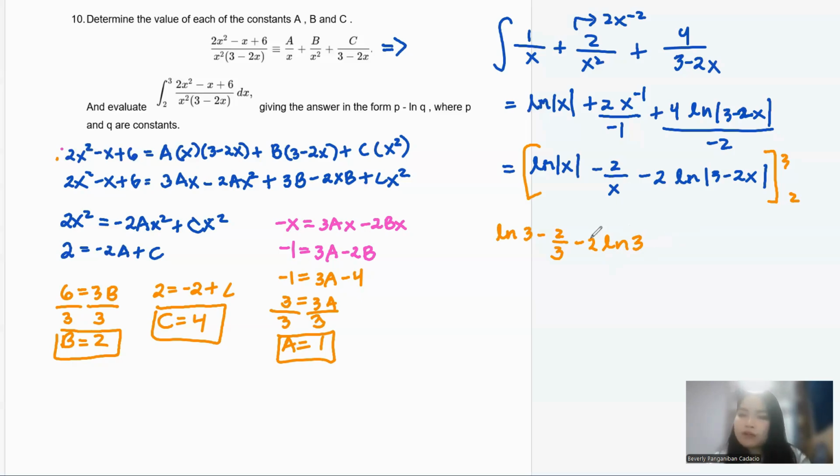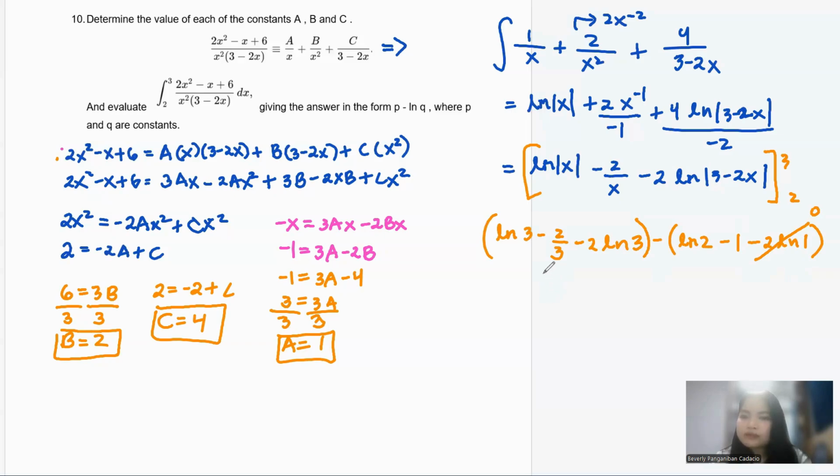Okay. Now, we're going to subtract this from the overall later. Okay, ln 2. I'm going to put ln 2 there. Next is negative 2 over 2. Maybe I can just simplify later on. Or, I mean, you know already, negative 2 over 2 will be just 1 minus 2 ln, 3 minus 2 times 2. So that will be negative 1 or 1. Okay, what else can we cancel? I can cancel this because you have ln 1, so it's just going to be 0.